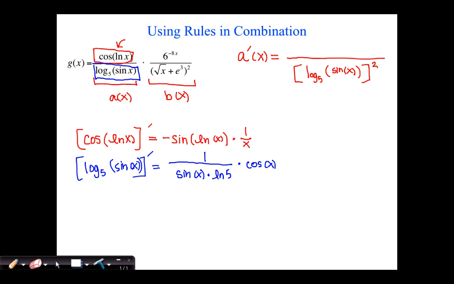Now, I have a limited amount of space and need to write really big, so I'm going to do this in a slightly different way than I hope you can piece together on your mastery. But for our second fraction, this a of x, we have all the pieces we need for our numerator, but I need that numerator, cosine's derivative, this expression, times the original denominator. So 1 times 2